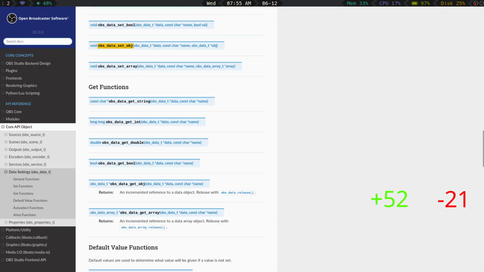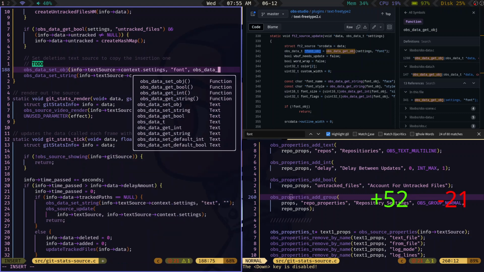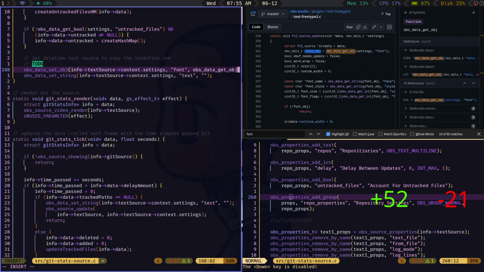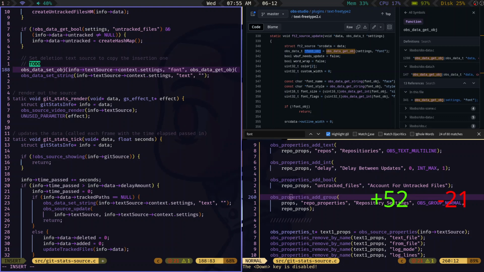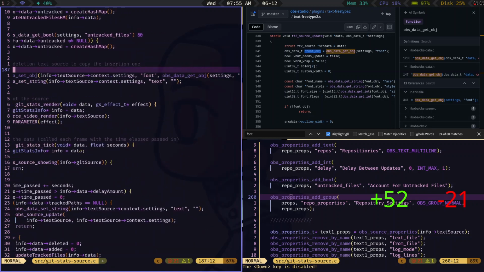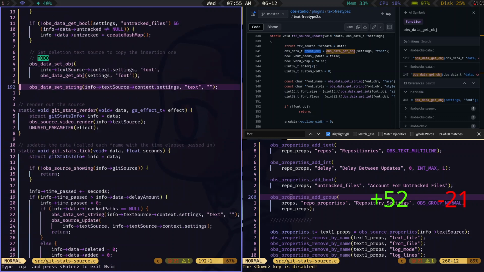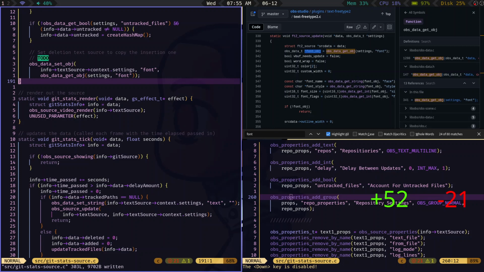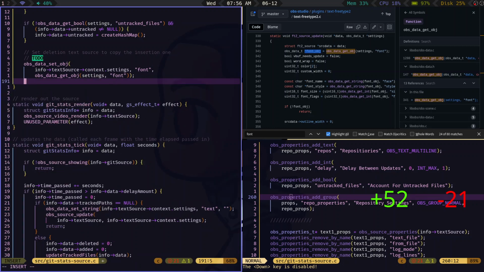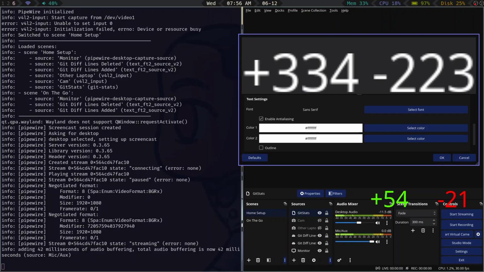that's how this works, right? Set it to, yeah, the object, which is OBS data get object, and it's going to be from this settings file font. Okay, I think that'll work, but it's a little long-winded. Okay, so that's the font down, and that's the entire object. So that covers